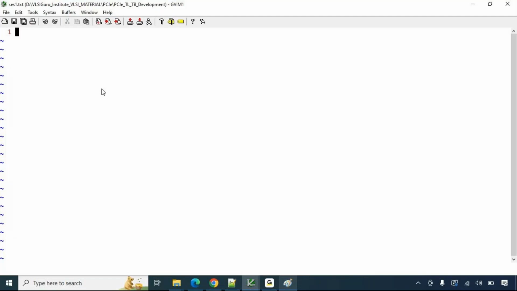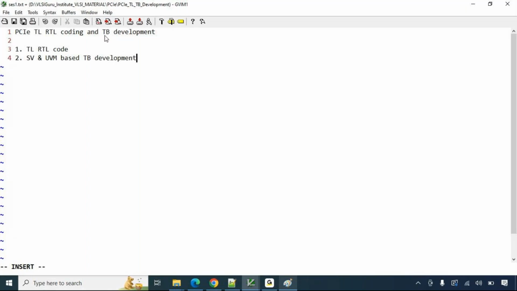So now we will be starting with the PCI Express transaction layer RTL coding and test bench development. First, let's come up with what all things we need to implement as part of the transaction layer RTL code. It won't be a very perfect, proper RTL code, but rather a pseudo RTL code that would enable us to develop the test bench and see how the transactions are flowing. Then once we do this, we'll move on to the SystemVerilog and UVM based test bench development